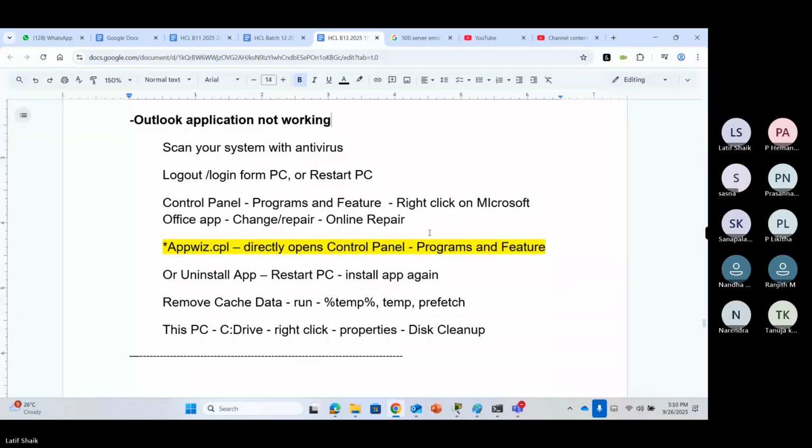Okay. If repair is not working or the repair option is not there, you can also uninstall that application. Uninstall the application, restart your PC. After uninstallation, you compulsorily have to restart the PC. Because after application